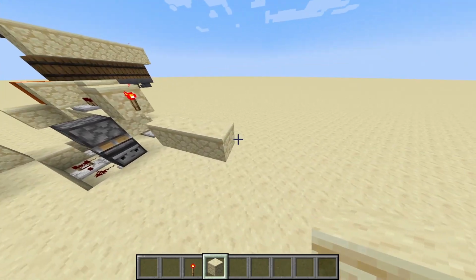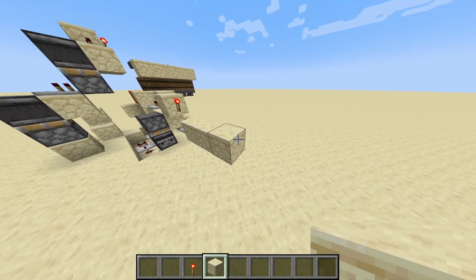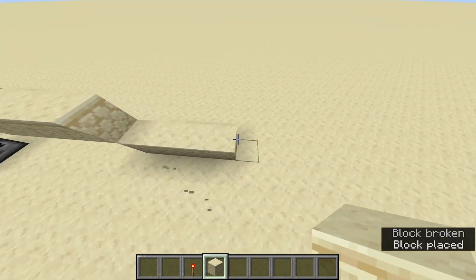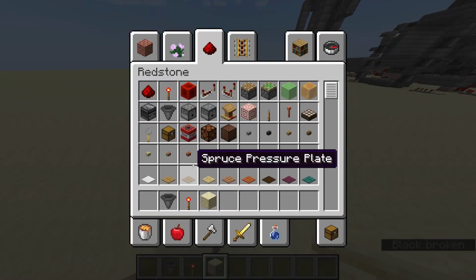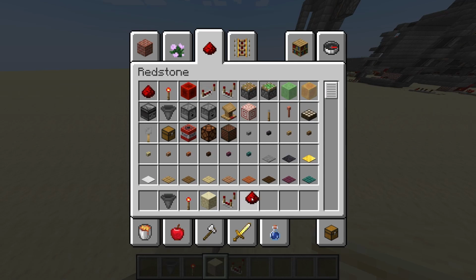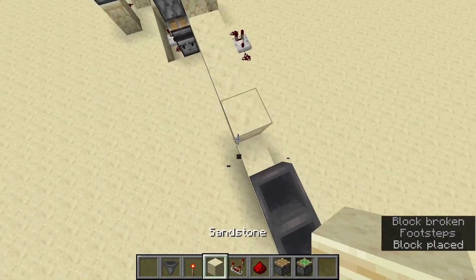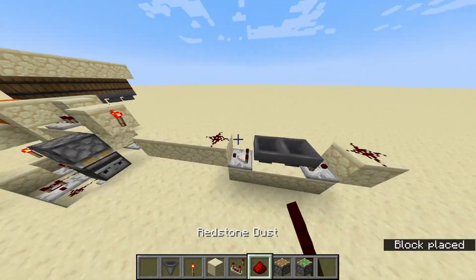Now, my memory on pulse extenders was, how do they build again? Oh yeah, you gotta power the block, which the hoppers will go down here with enough room for the comparators. Okay, better get my inventory a little more sorted for this. Hopper here and here, and then put some comparators there and there. Power this and this with redstone,